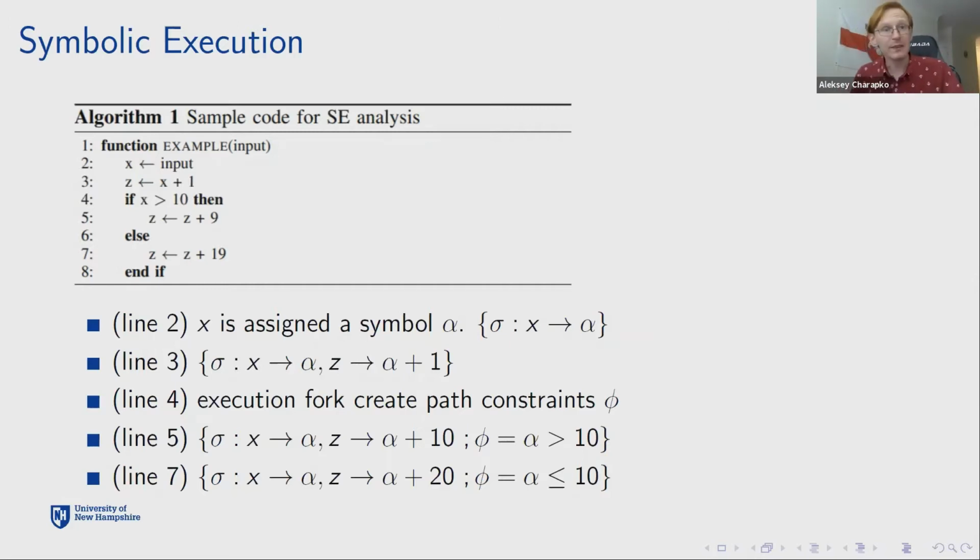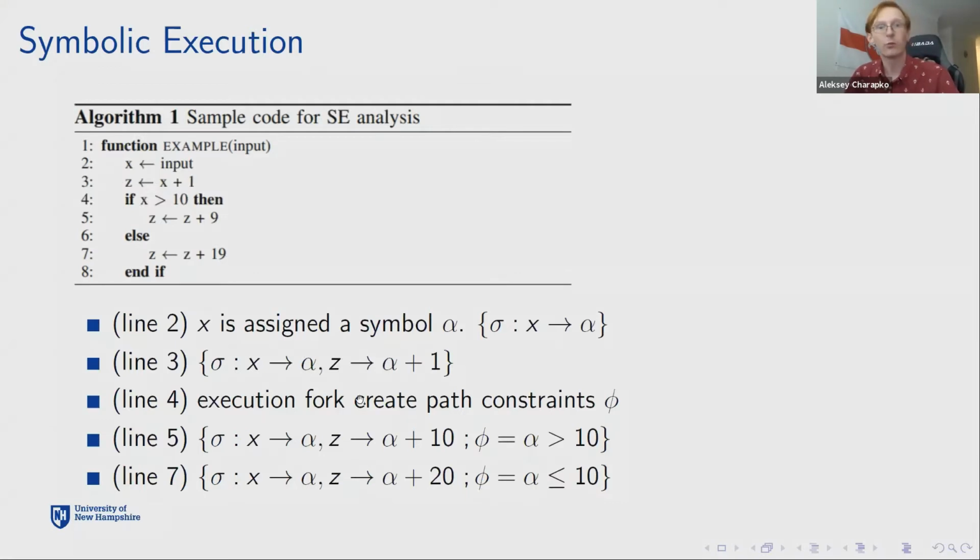So anyway, the sample code here is just a handful of lines. On line 2, they have X as an input. They say, okay, in this case, the input is just going to be alpha. So we assign alpha to X, and that's pretty much this symbolic execution step. Line 3 does some operation, right? We're going to take X and add 1 to it to arrive at Z. X in this case has been assigned alpha, so Z is going to be alpha plus 1, where 1 is this constant that just happens to be in the code.